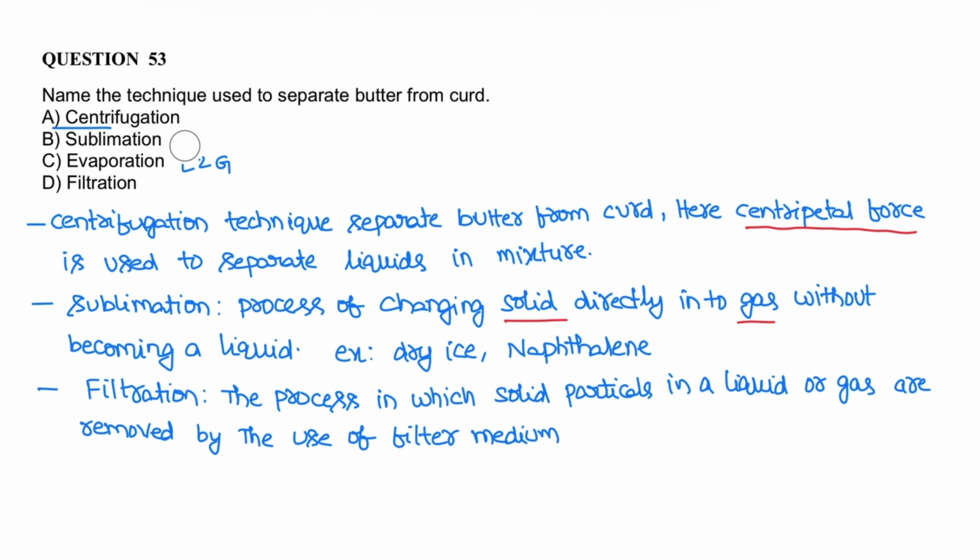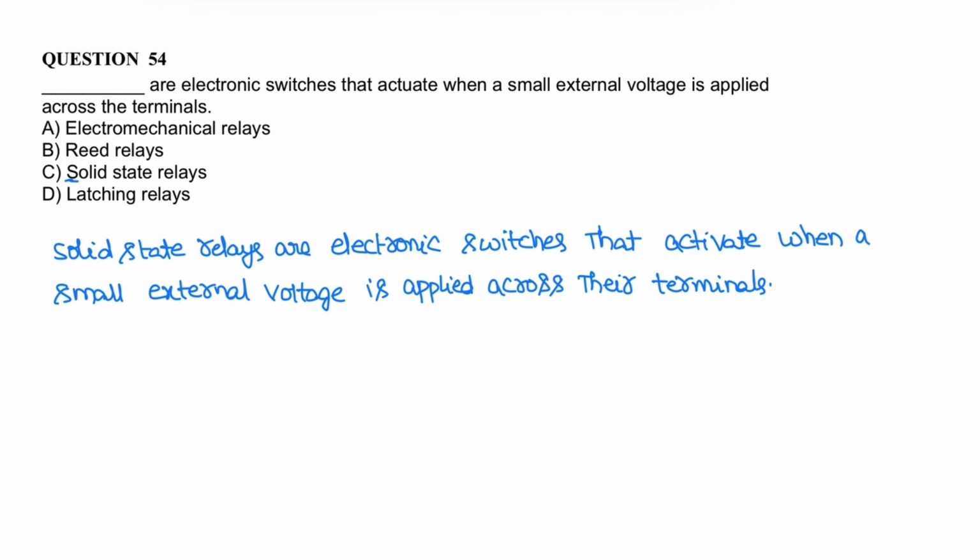Next question. Dash are electronic switches that actuate when a small external voltage is applied across the terminals. The correct answer is solid state relays. These solid state relays are electronic switches that activate when a small external voltage is applied across the terminals. Next, let us see about